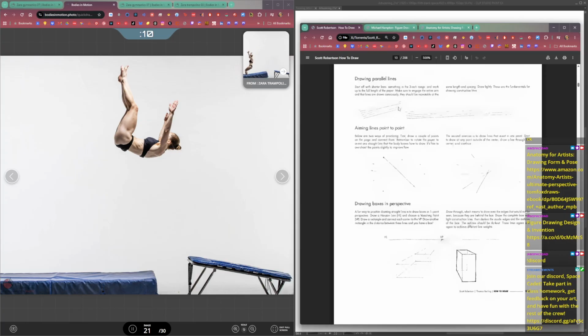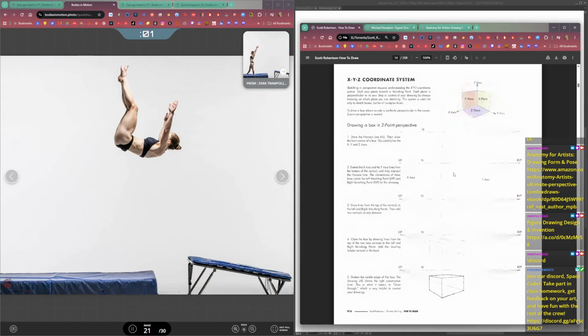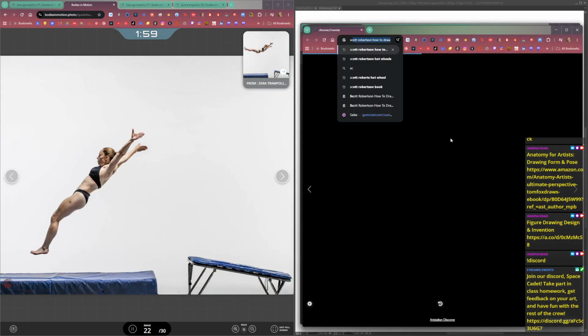This is really hard to read here. Oh my god, this is such a terrible scan of this book. I almost don't want to show this because it's giving a bad impression of the book. Oh wow, this is awful. So let's try